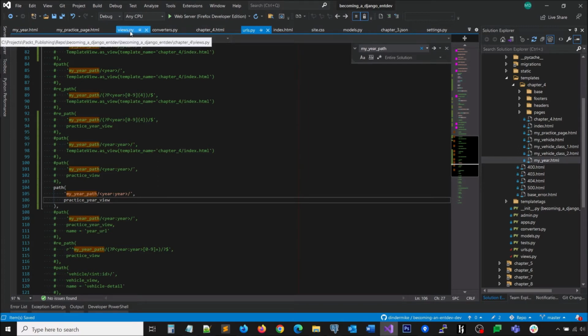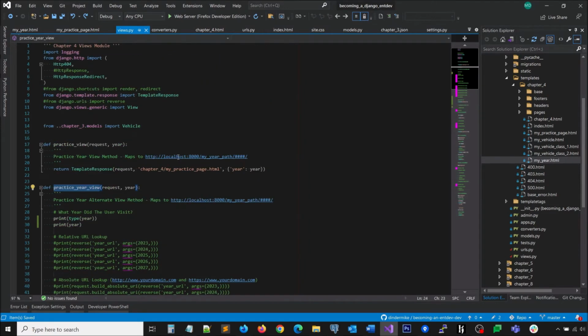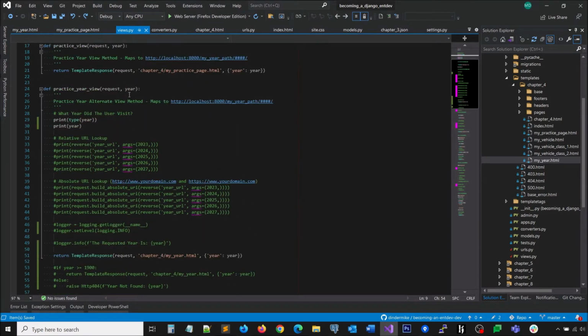Now in our chapter 4 views.py file, for our practice year view, go ahead and add an import from our Django.http library. Import the HTTP 404 class. We will be needing that, and we'll still be working with our template response class. So now in our practice year view, we'll be using the year argument that comes from the keyword arguments,